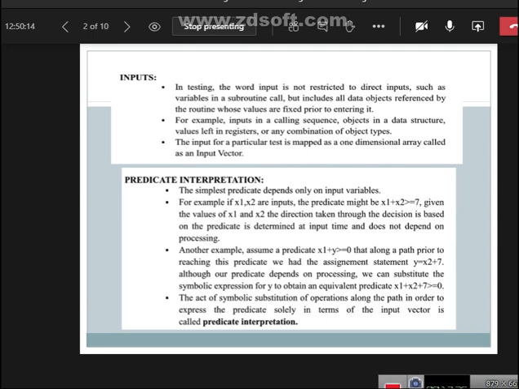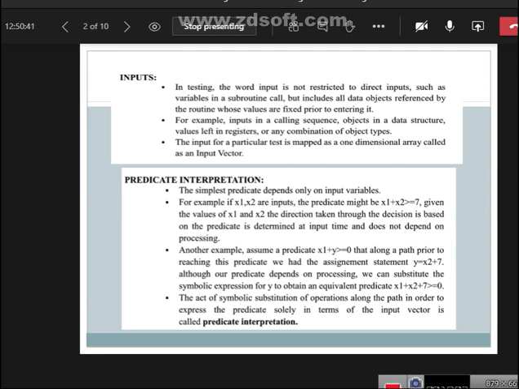See, if they have given in their example, if x1 plus y is greater than or equal to 0, in that particular case we should take the input values greater than 0. Why? Because it is the condition here, it should be greater than 0. Here y is equal to x2 plus 7, which means to evaluate that predicate we should know the two input values, that is y and x2.